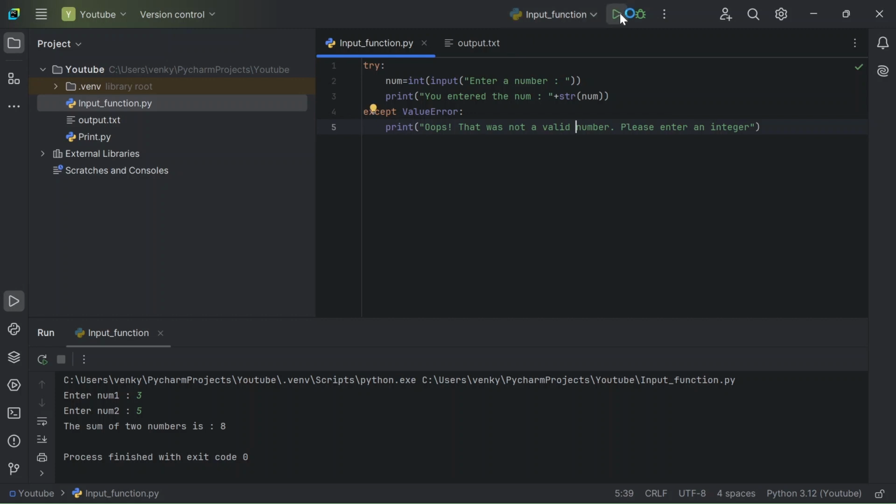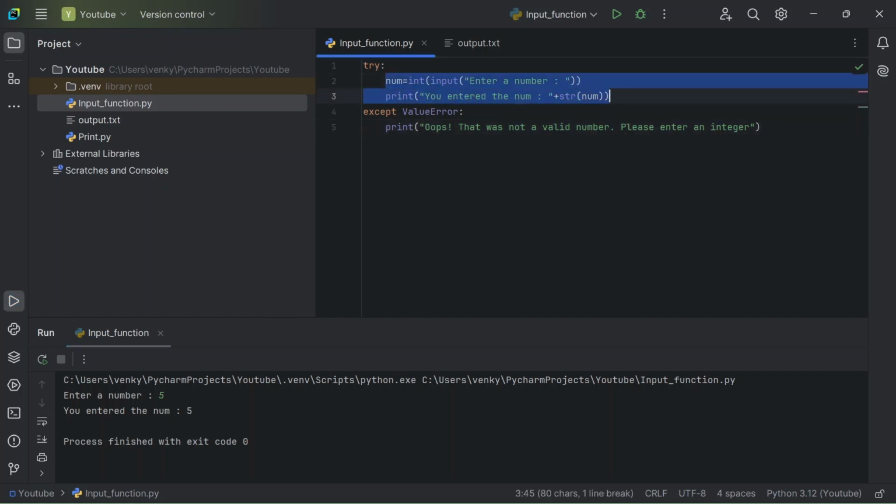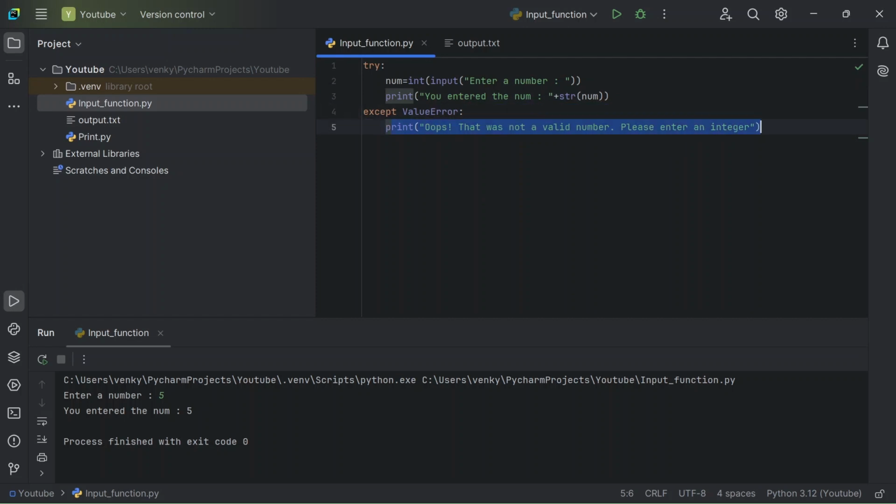So first we'll run this and see whether it is working as expected or not. If I give 5, it will say you entered the 5, right? So you entered the 5 means it is only executing this try block. It is not executing this print statement, that is, oops, that was not a valid number, please try an